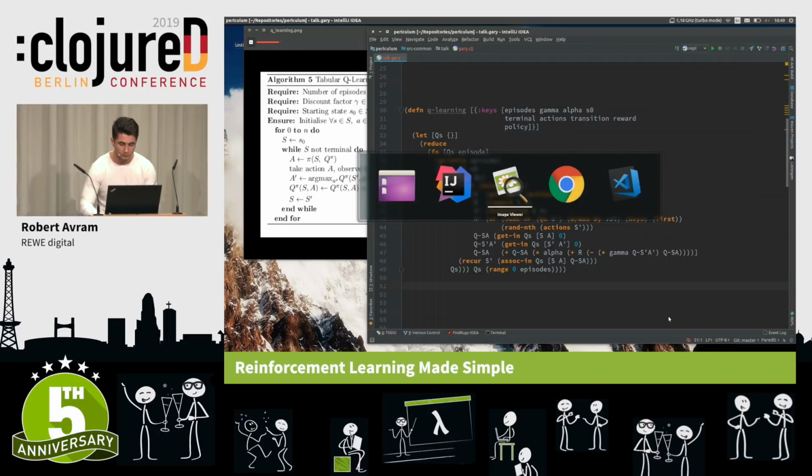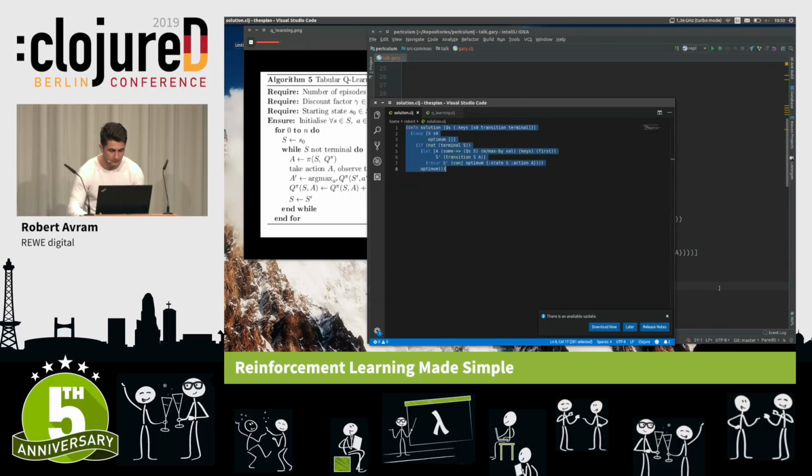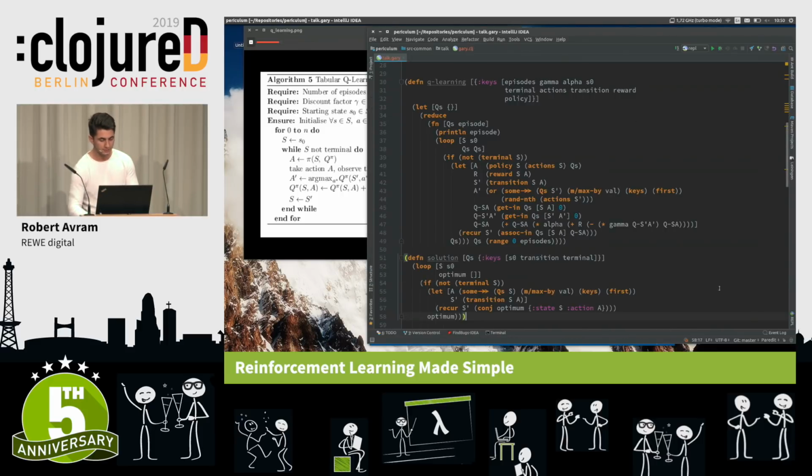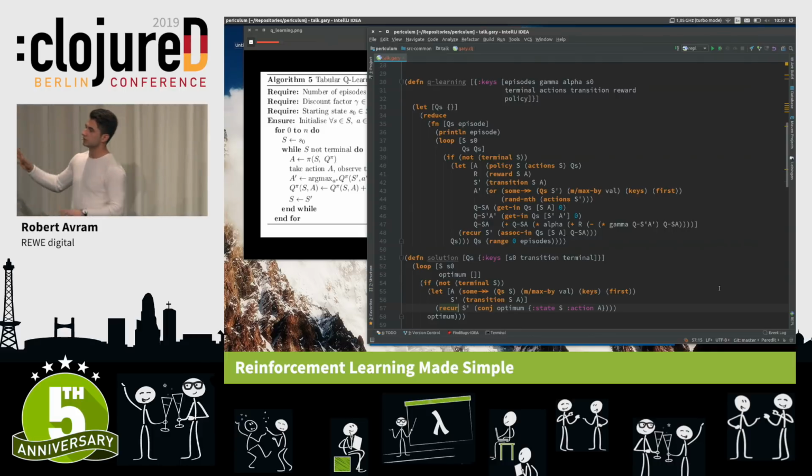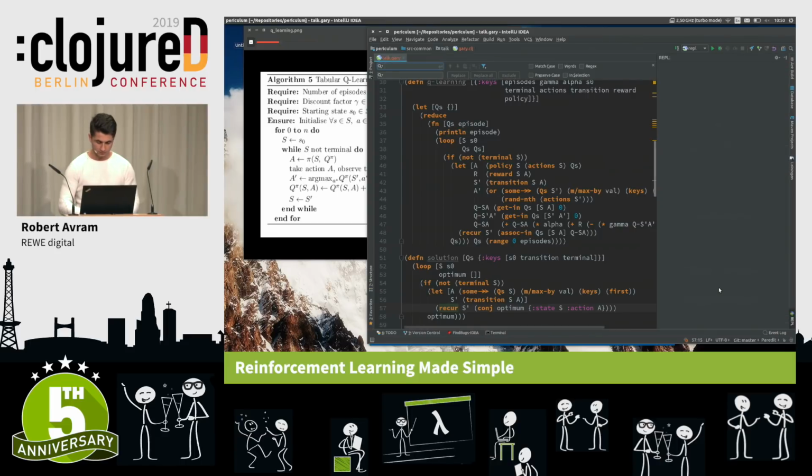Now, I'm not going to implement this directly for you. I have it somewhere here, because it's quite simple to implement. I'm just going to copy it and paste it. But the idea is simple. You start a loop with the starting state, then you accumulate the optimum, and while it's not terminal, you pick the greediest action, you transition to that state, and you just accumulate all of these things. And that's basically it. Now, I'd like to actually use this thing on a problem and show you that it hopefully works. Hopefully.